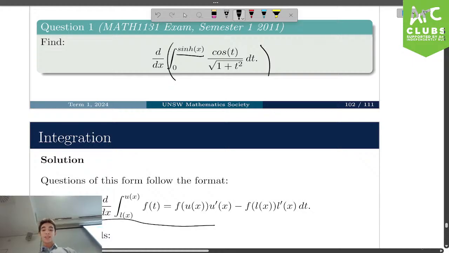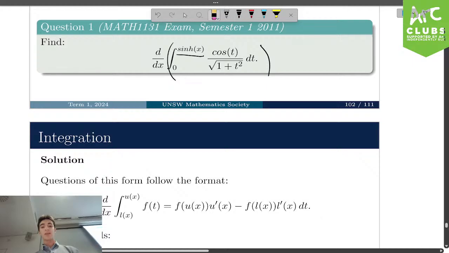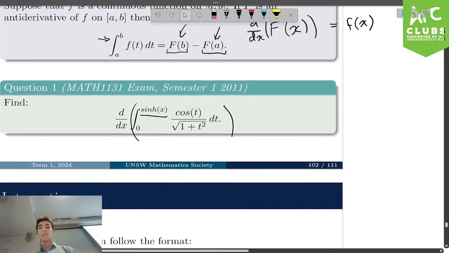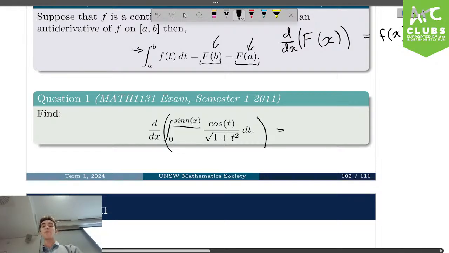We are given a useful identity here. It may look intimidating at first, but once you get the hang of it, it's not actually that complicated. What's happening here is that we're basically applying the chain rule to a more complicated function. So if we actually use this identity that we're given,